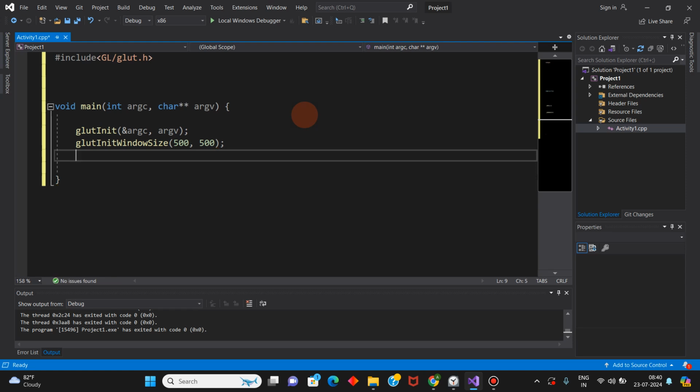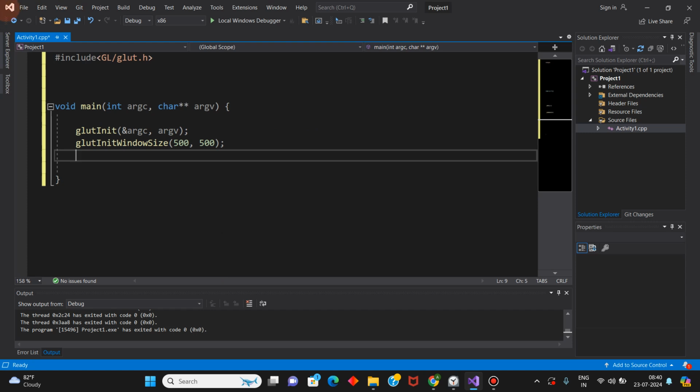And then we will write the function glutInitWindowPosition, that will specify on creating the window exactly where on the display screen of your computer it will be displayed. So by default, what is your display coordinate system?